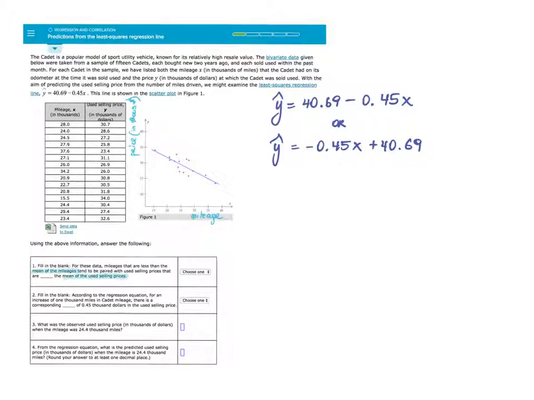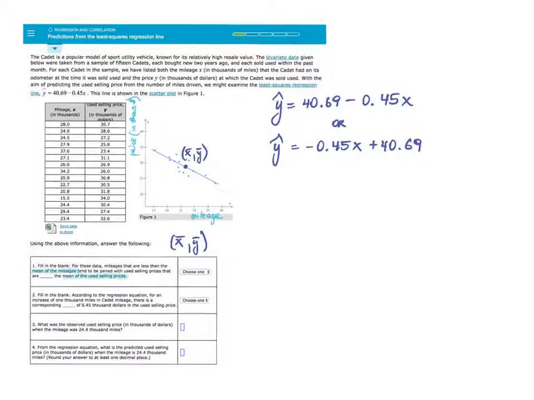I know that ordered pair X bar, Y bar, or mean mileage, comma, mean used sale price, will be somewhere on the least squares regression line, and since it's representative of all X and Y values here, it will be somewhere in the center, roughly. Of course, the data could be slightly skewed here and there, but I can only guess. Say my point containing these 2 coordinates will be there. For example, if this is my X bar and Y bar,